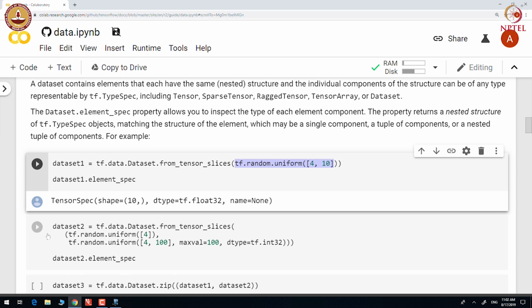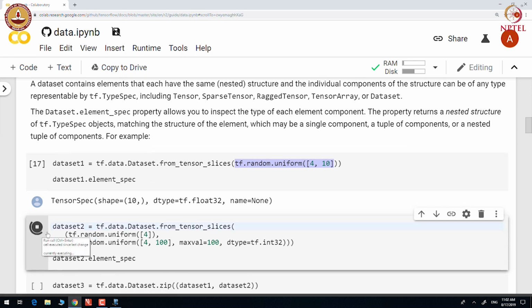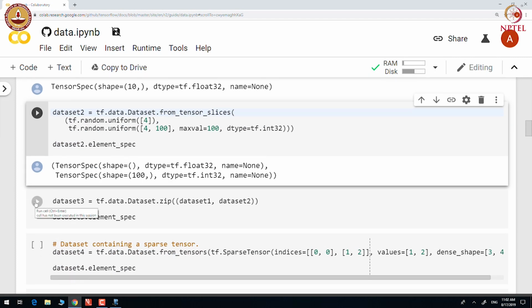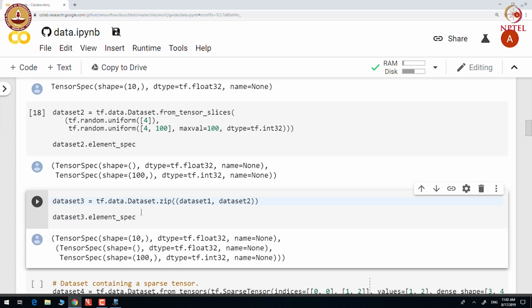Let us construct another data set, and here you can see that this particular data set stores ordered pairs of two tensors. One is a scalar and the second is a vector. We can zip dataset 1 and dataset 2 and inspect the element spec of the resulting data set.